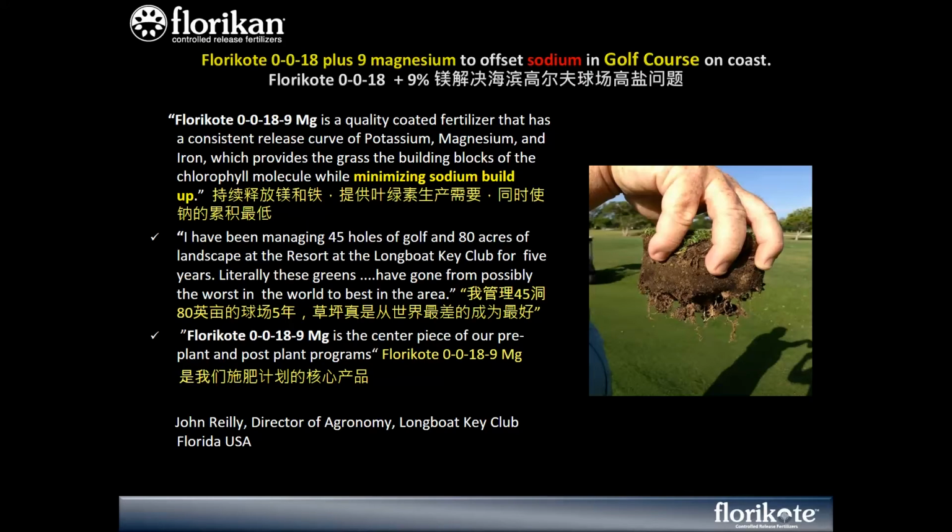This particular golf superintendent was faced with losing his golf course due to sodium infiltration in his wells. He writes, Floricoat 0018 plus 9 magnesium in a 90-day release is a quality coated fertilizer that has a consistent release curve of potassium, magnesium, and chelated iron, which provides the grass the building blocks of the chlorophyll molecule while minimizing sodium buildup. He writes, as Director of Agronomy of the Longboat Key Club, I have been managing 45 holes